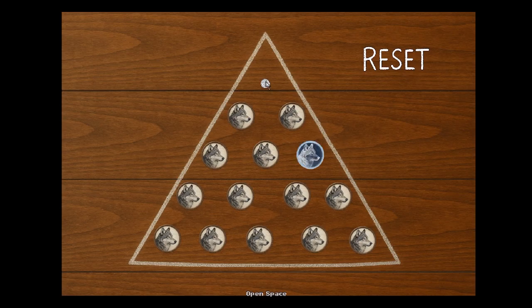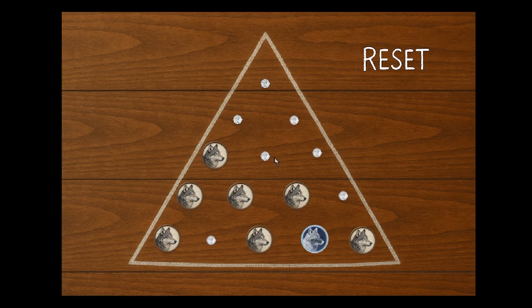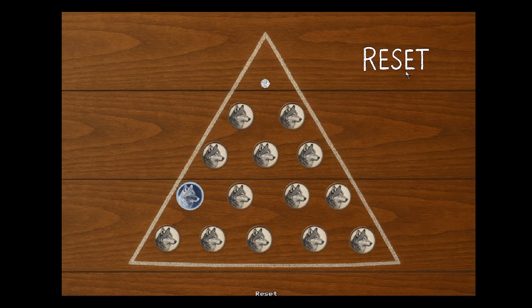Now, Peg Solitaire is a game that has been around since the 17th century, but most people, at least most people in America, will know it as that game that they have sitting on the table at Cracker Barrel. And before you ask, the game itself is public domain. Cracker Barrel owns the rights to that particular design. But anyway,